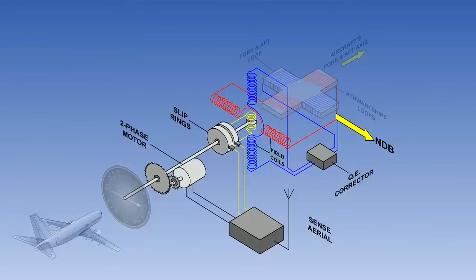The electrical fields produced in the loops are transmitted to a goniometer, a device for measuring angles. This consists of 4 field coils, which reproduce the electromagnetic field detected by the loop antenna. Within these 4 elements is a search coil, which always wants to be aligned to the null position in the electromagnetic field. Here, we see the NDB at 090 degrees to the fore-aft axis of the aircraft, and the search coil is in the null position.